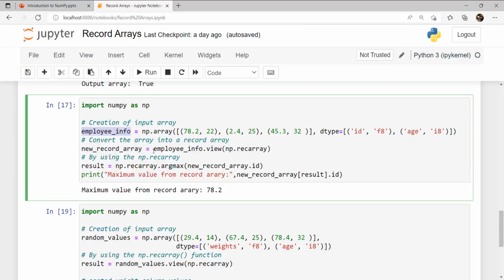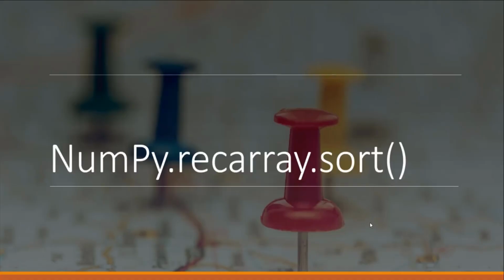After creating an array, we have to convert the input array into a record array. For this we are going to use the .view function, and within this function we have used np.recordarray. After that we have to find the maximum value from a record array. For this we are going to use the np.recordarray.argmax function, and within this function we have assigned the id column attribute. So here we have returned the index value of the maximum value from the id column, and the maximum value from the record array is 78.2. So our last function is